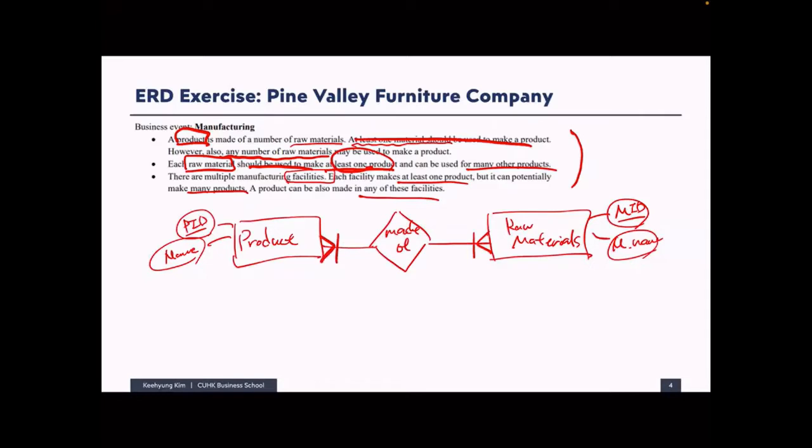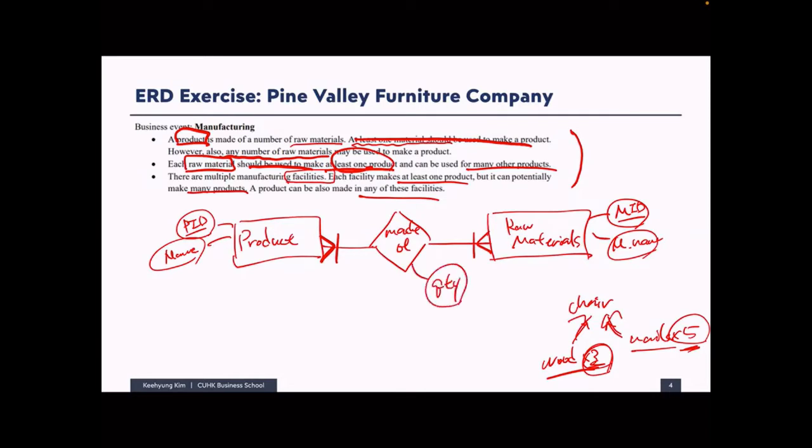And additional information we can store here is this. When we design furniture, something like a chair, we may need some wood, maybe 3 packs of wood or something like that, or we may need some nails. So just for example, we may want to keep this quantity information too. How much wood will be used to make one chair and how many nails will be used to make one chair. If we want to keep those kinds of records in the database system, in this case, we can store this information in this made of